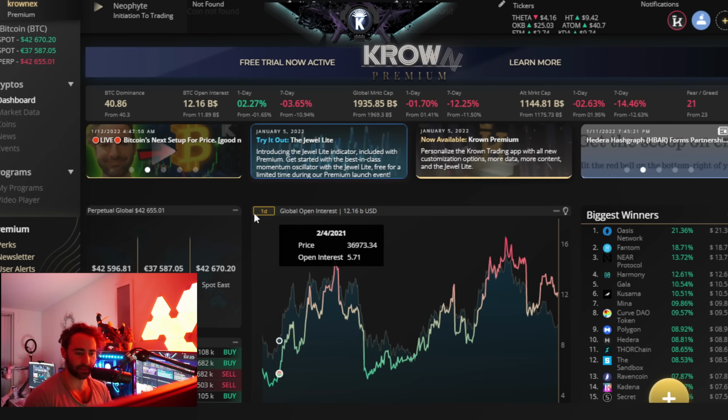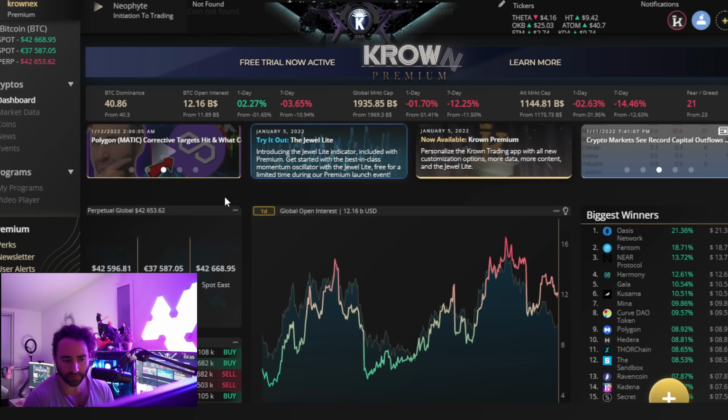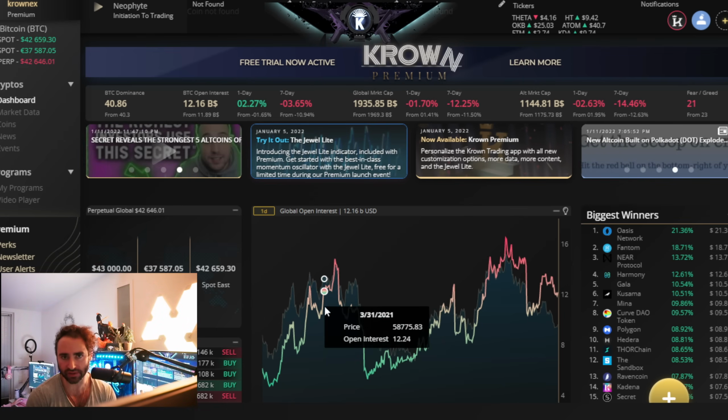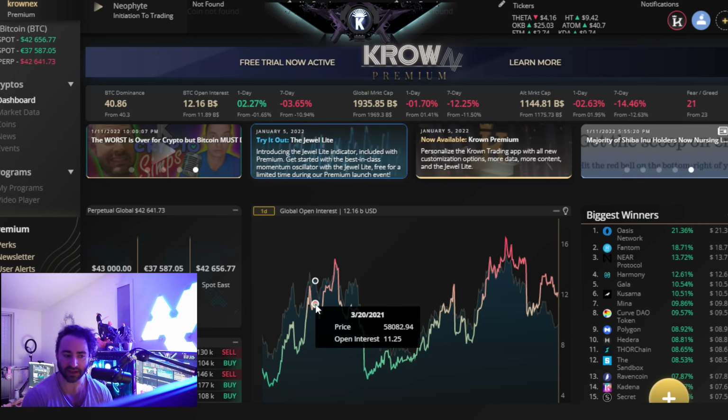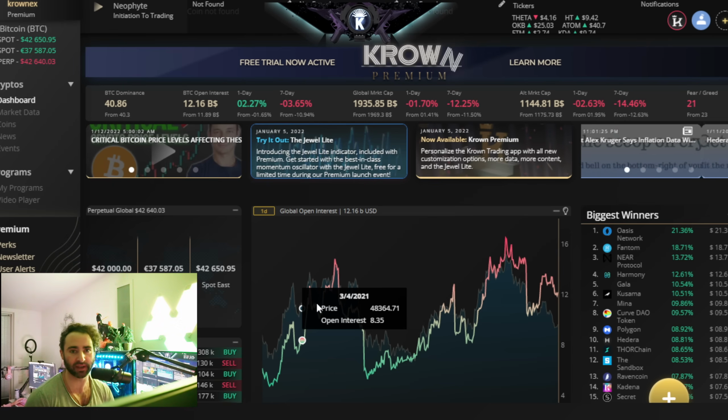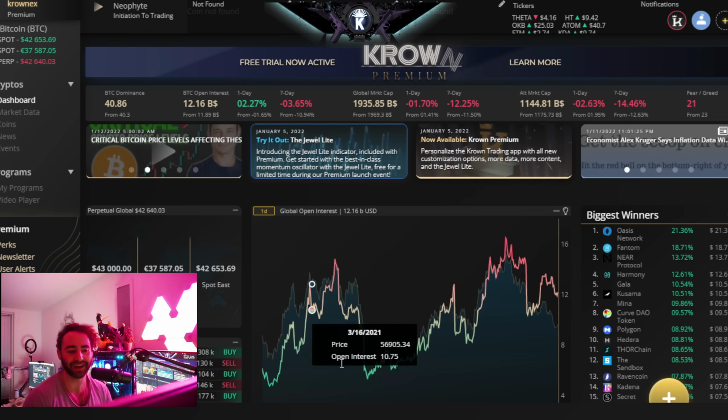Started off here with the Crown Chart application in accordance with Bitcoin, of course, and I want to once again reference the global open interest chart, of which we've been slowly watching this march its way down. And the same interpretation and same logic does apply as we've been looking at for the past year or so now. Anytime that we've seen it get over 13 billion, we typically see it reset with at minimum a 20% price correction and at maximum about 50 to 60% price correction,